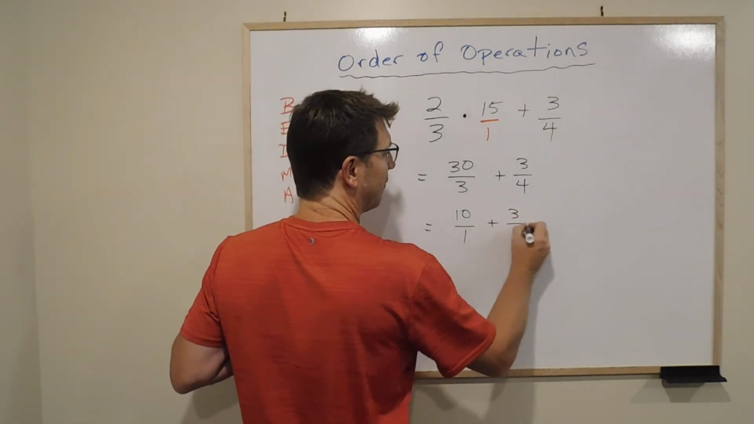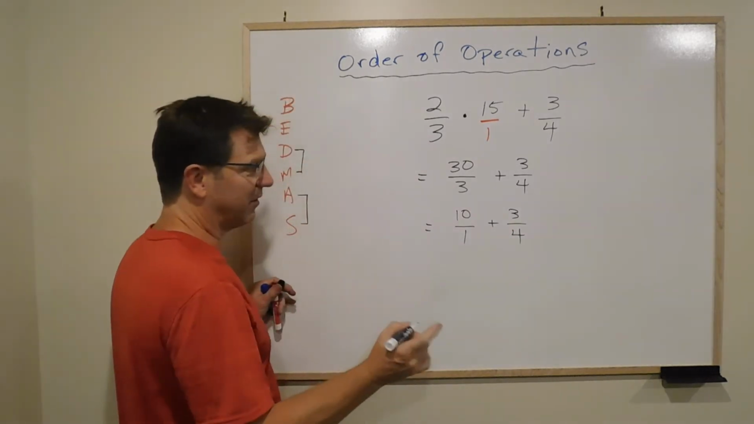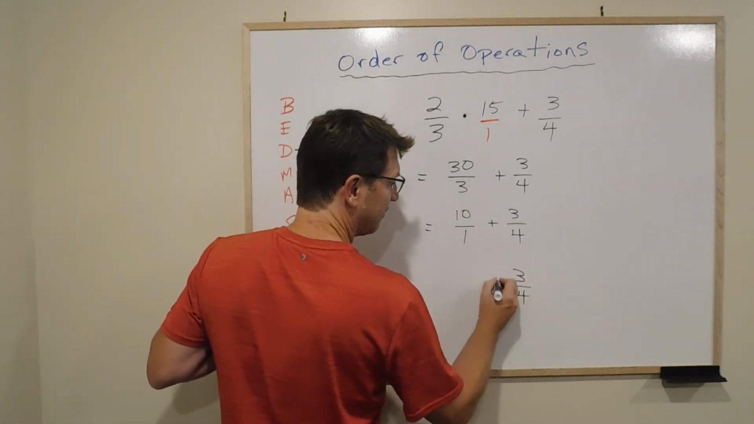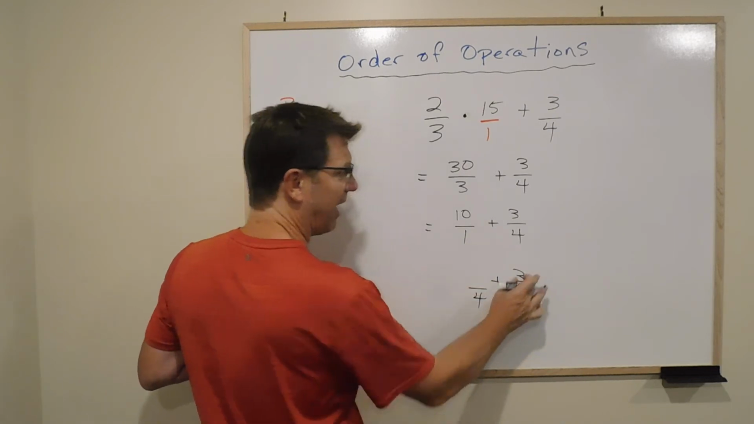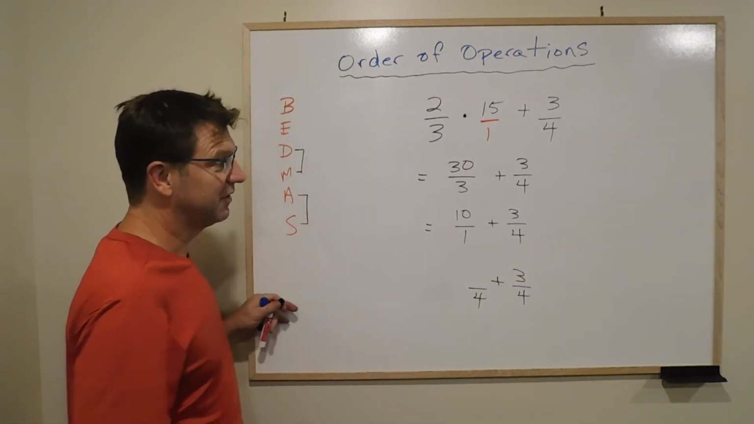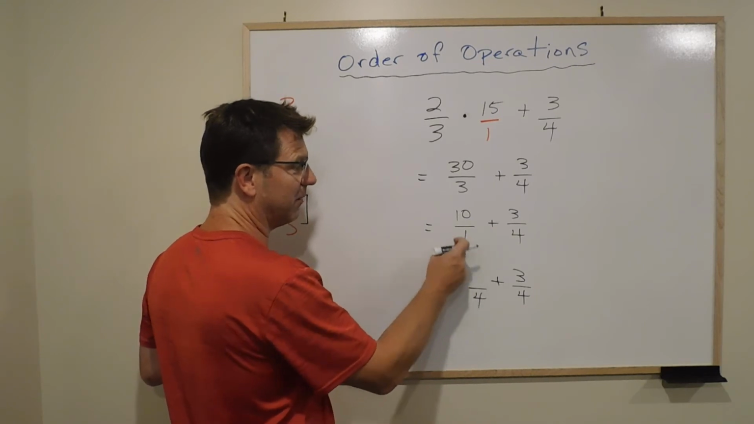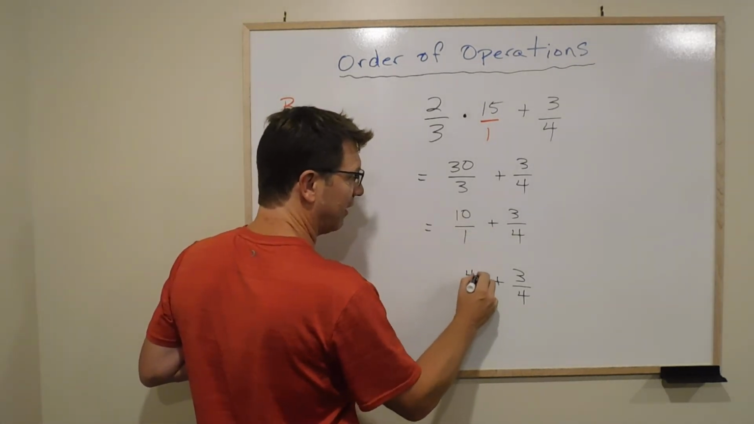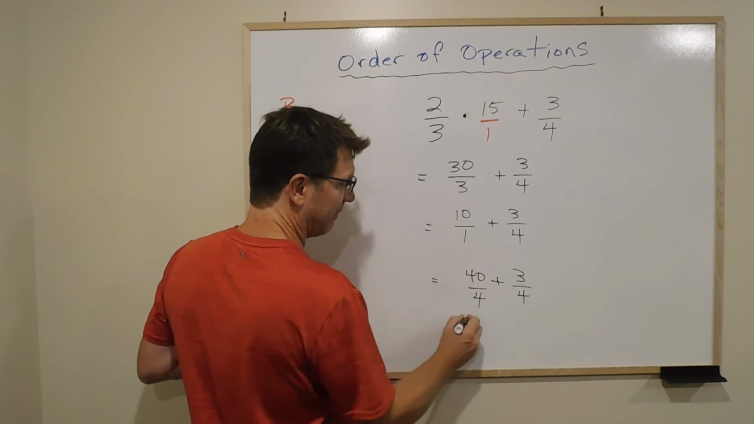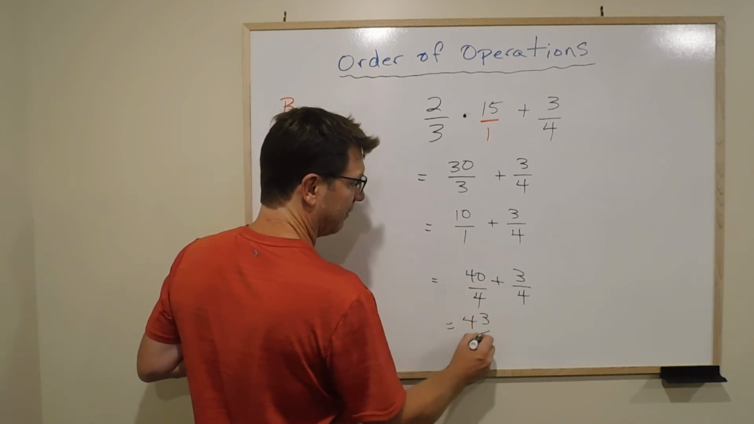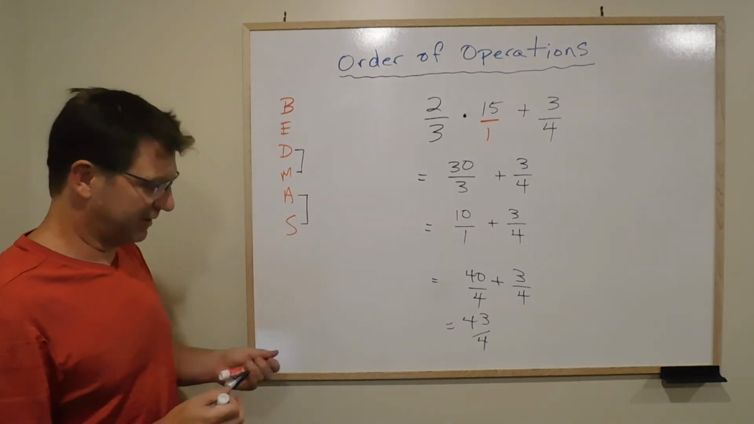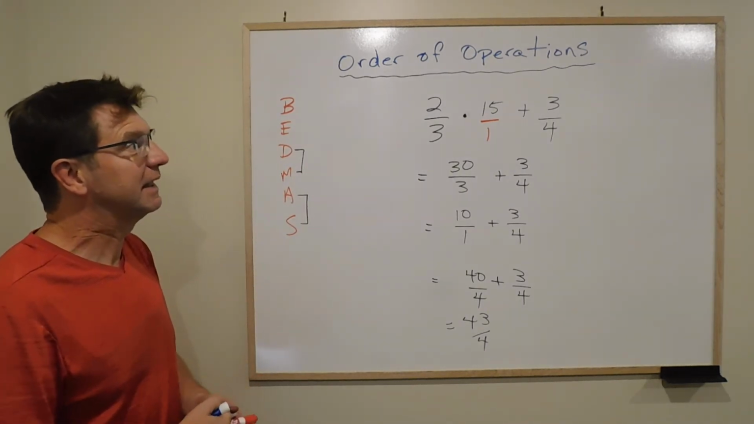Plus 3 over 4. And my common denominator is going to be 4. And that 3 does not change. So 10 over 1, 1 times 4 is 4. 10 times 4 is 40. So you're going to have 43 over 4. Okay. Now, what I'd like to do, and I'll do it in blue, is I'd like to look at the